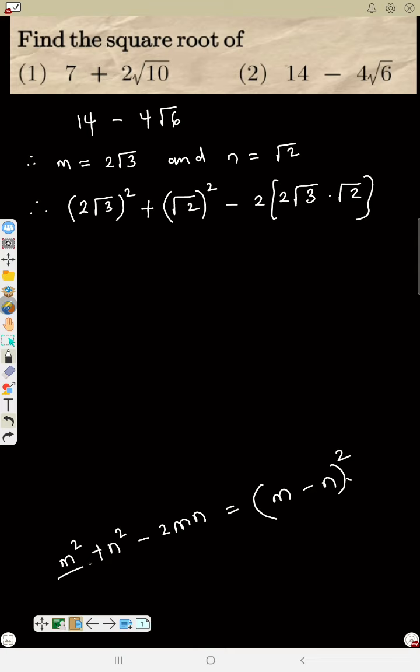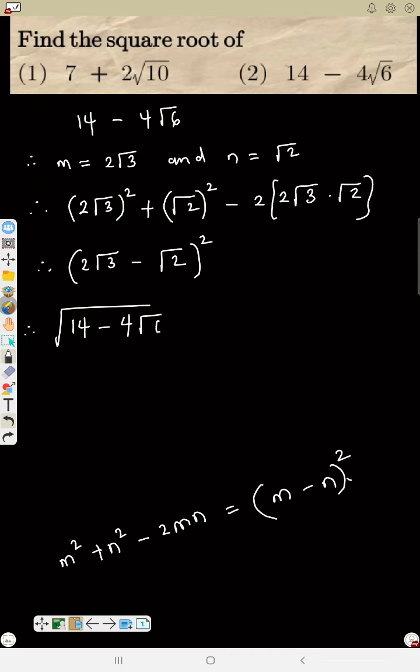So that is like m square plus n square minus 2mn. So like this equals to m minus n square. So this is the same thing as 2 root 3 minus root 2 square. So square root of 14 minus 4 root 6 is now equal to square root of